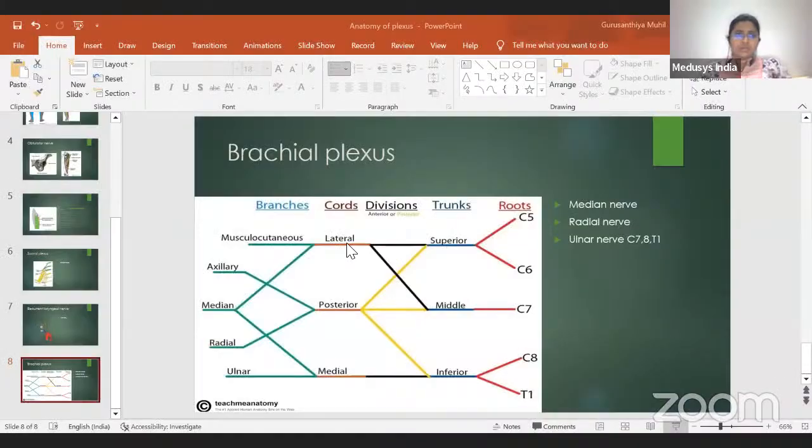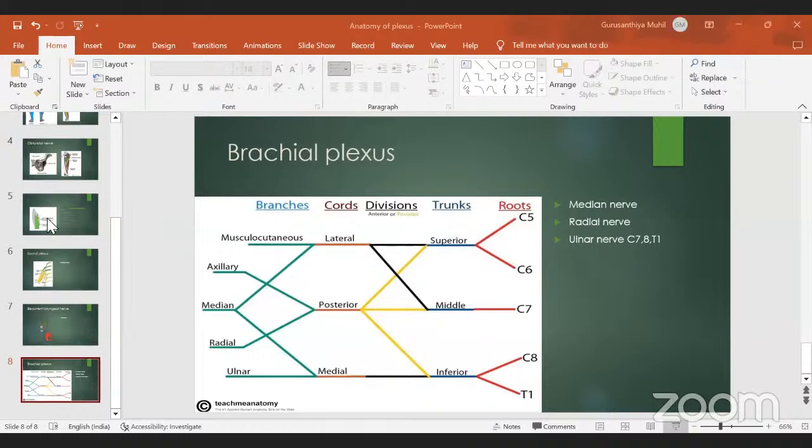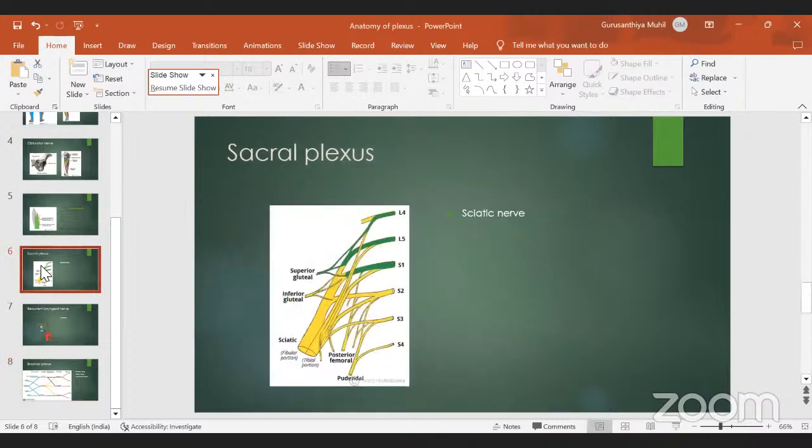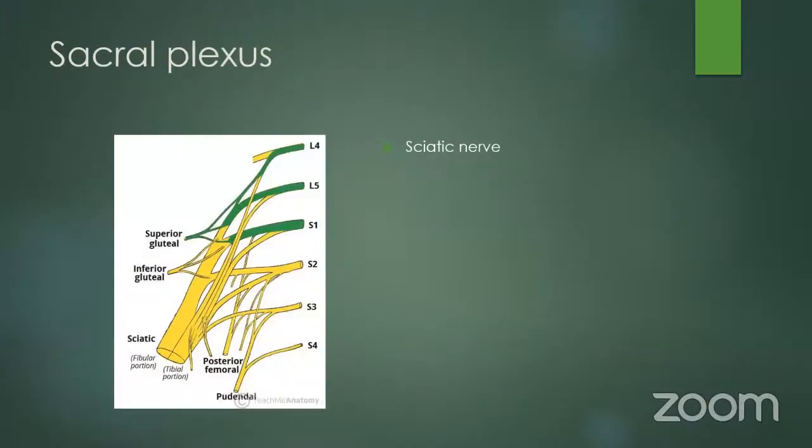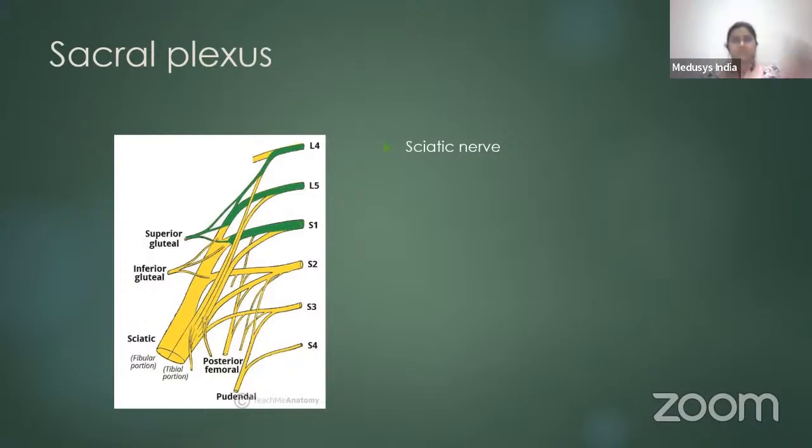Sacral plexus is formed by the anterior primary rami, with contribution from L4, then the whole anterior primary rami of L5, S1, S2, S3, and some contribution from S4. The L4 and L5 form the lumbosacral trunk, which continues and joins S1, and they altogether form a common trunk, which passes through the greater sciatic foramen and divides into terminal branches, the sciatic nerve and the pudendal nerve. The sciatic nerve has the root value of L4, 5, S1, S2, S3, and it emerges